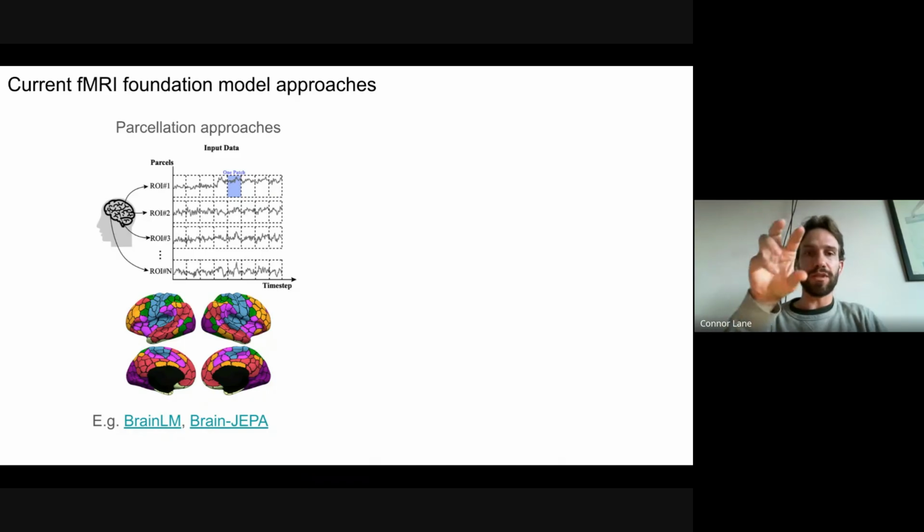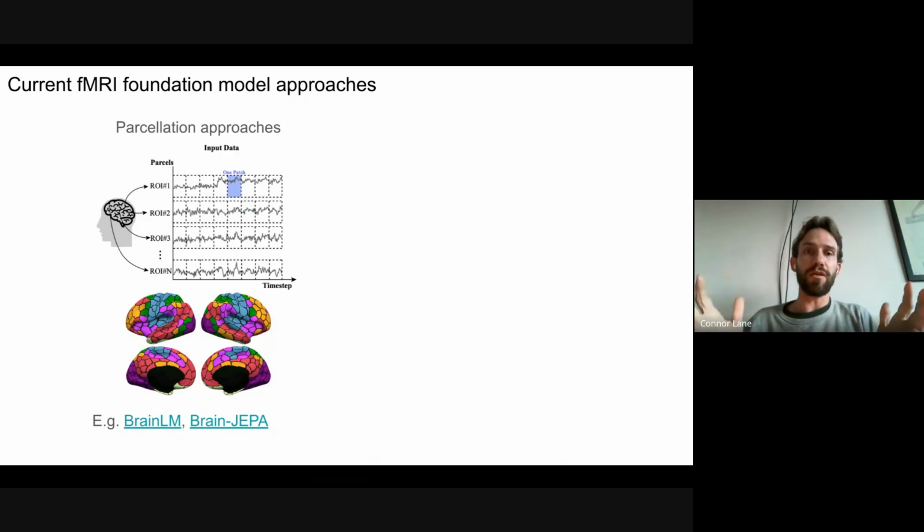And so these parcellation approaches average over those 100 cubes to produce just one number for each fMRI time point. As a result, you get this parcellated time series matrix, which is number of ROIs going down the rows by number of time steps going across the columns. This is a matrix of around size 400 by 200 time points, for example. And the key weakness with this is that it loses a lot of information.